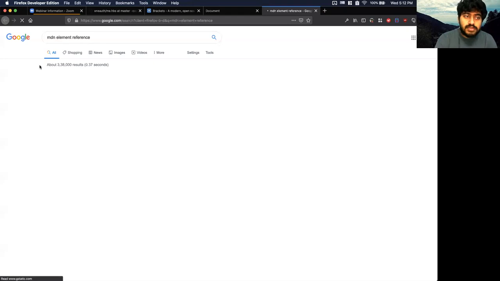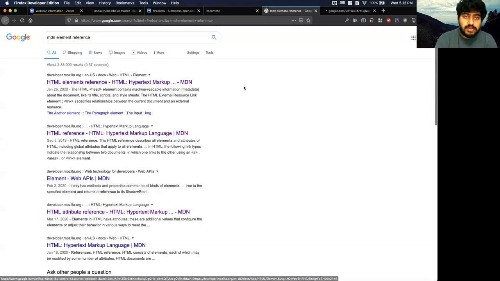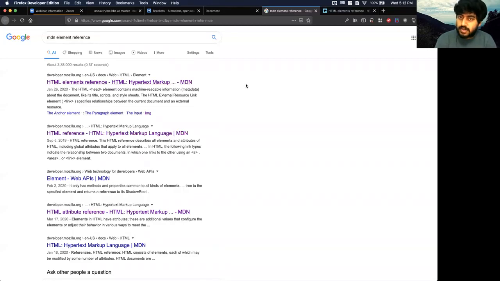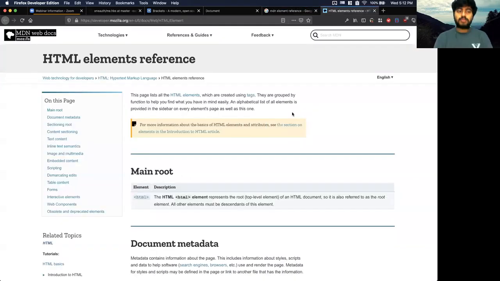So MDN stands for Mozilla Developer Network, which is the best place to look up documentation on HTML, CSS, and JavaScript front-end development. It's maintained primarily by Mozilla, who makes Firefox, but it was also contributed to by Microsoft and Google, who create Internet Explorer and Chrome. So it's basically the most authentic place to find documentation about all the syntax regarding HTML, JavaScript,